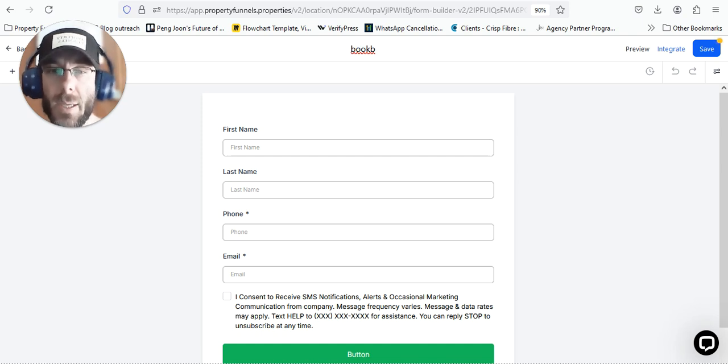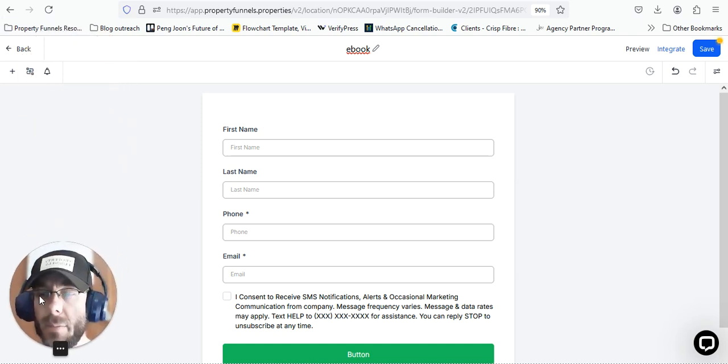Why am I not getting a nice... Okay, ebook. There, it's going to call it ebook. And then I'm going to collect, instead of first and last name separated, just move my Loom controls out the